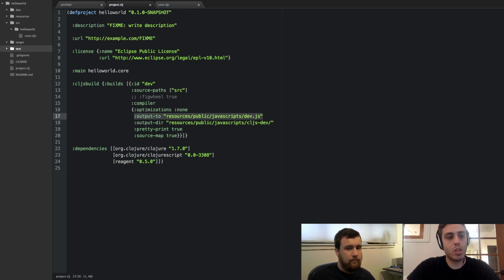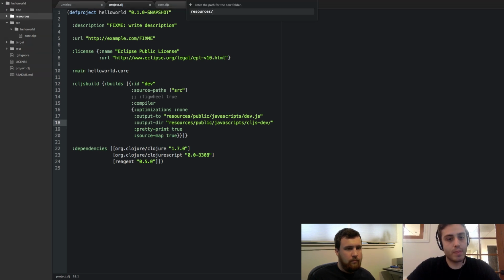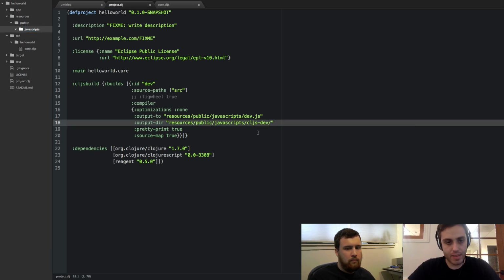Output 2. So this is what directory you want it to go to. So we have this resources directory. Let's use that. Okay, so we can make public JavaScripts. And I guess we would put CSS in this directory as well. So we have resources public JavaScripts, dev.js. I think that's a fine name. And then output dir is like what